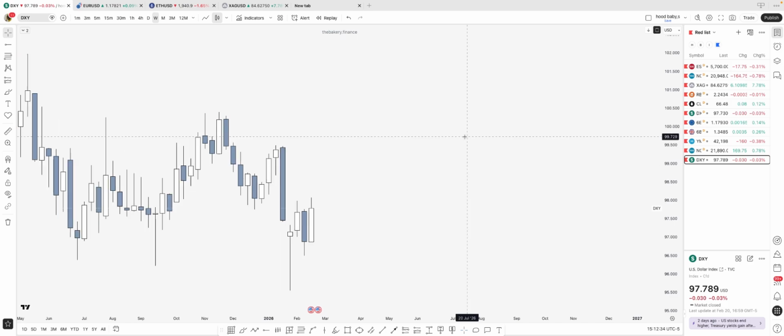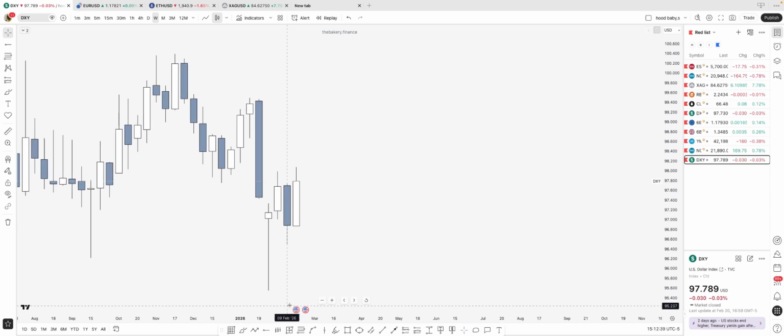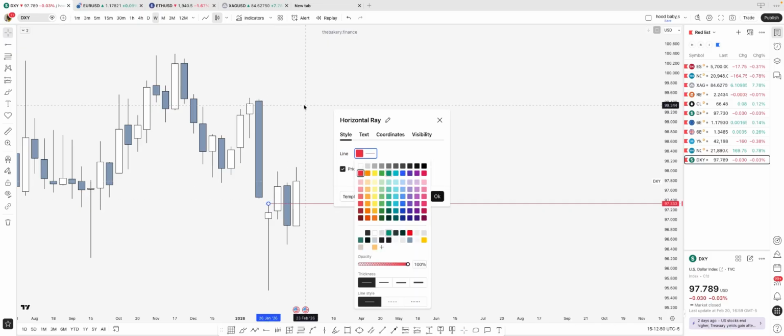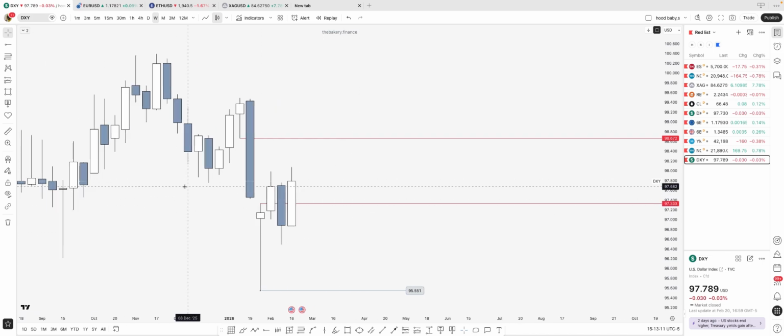I took out all the annotations on my chart, but if you've been following the week eight intentions, I wanted to see price continue the expansion lower towards the external range liquidity that was low here. This was my target, the 95.551. I wanted to see the next weekly candle, which is this week, just expand lower towards my target. Unfortunately, that was not the case. I had a wrong read.